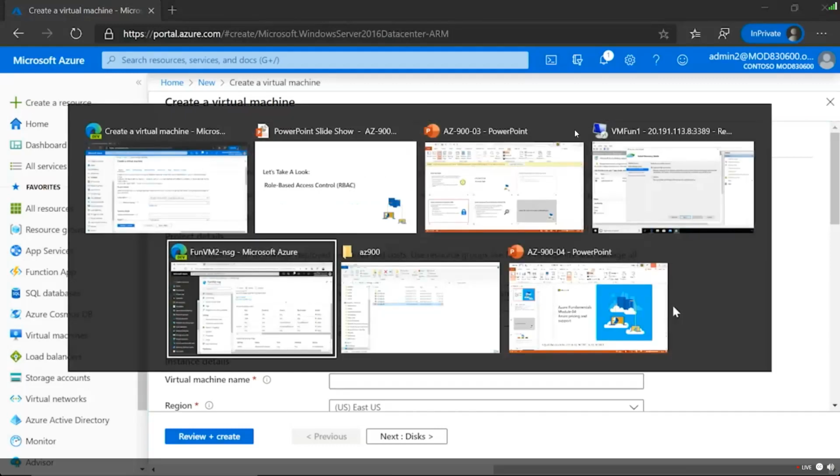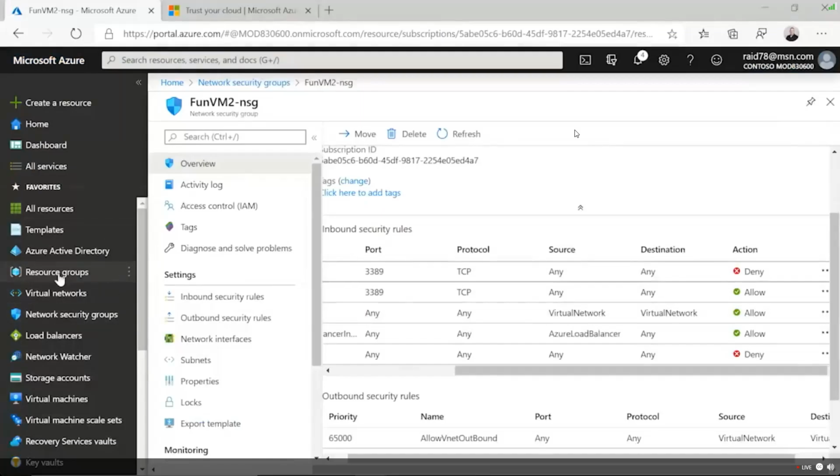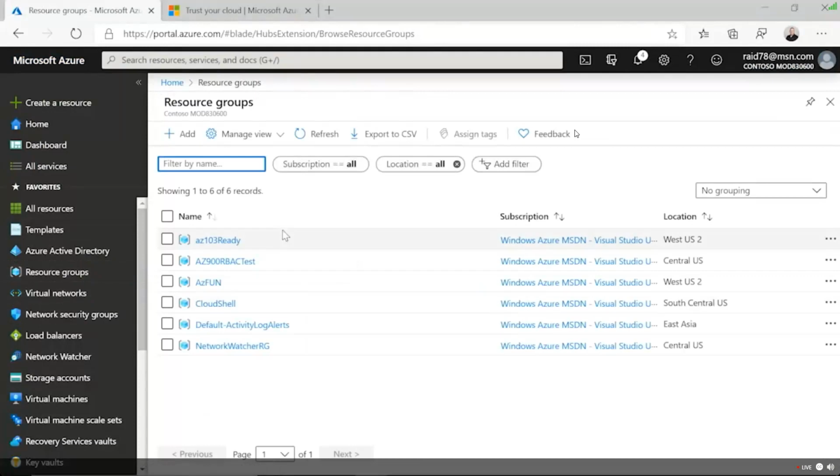So in my other environment, I'm going to go in and I'm going to go to the resource groups. And notice I see all the resource groups. Now, in case you didn't believe I was in the same subscription, you see the RBAC test group that I'm here. But I have this AZ Fund group. So I want to give admin 2 permissions to use AZ Fund. And this is how it works, right?